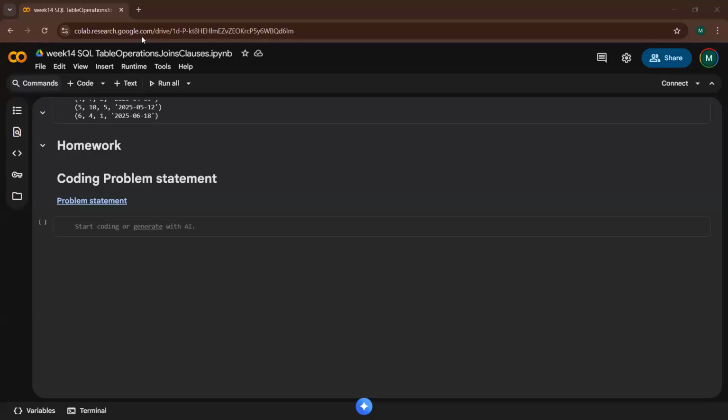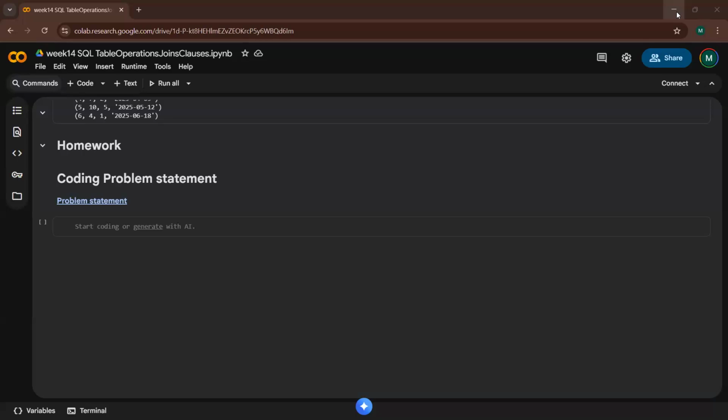Oh, great, guys. So, everyone, in our yesterday session, we started our week number 14, in which we learned about part number 2 and part number 3. In part number 2, we learned about the truncate table statement, which is not present in the SQLite 3 library, so we did the truncate with the delete statement only.